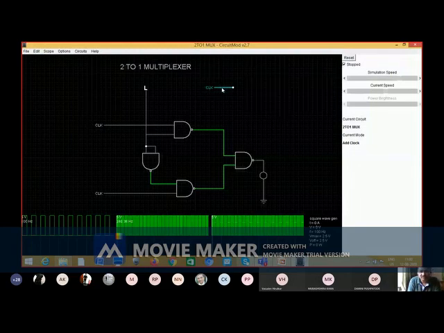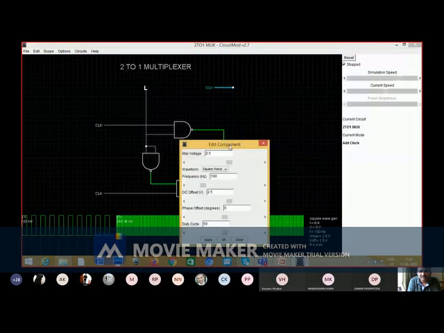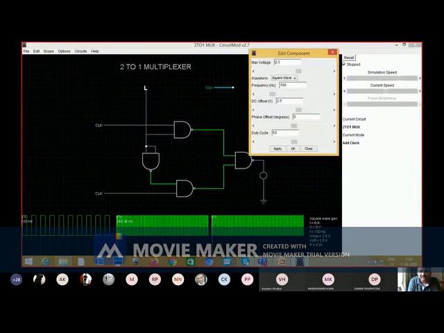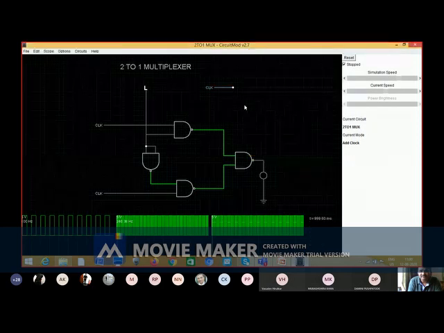So you just right click it, edit, and these are the parameters. Maximum voltage by default it is 2.5 square wave, frequency by default 100 Hertz, DC offset 2.50, and duty cycle 50%.